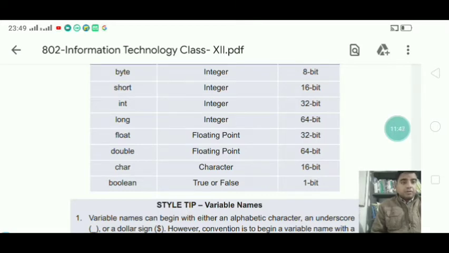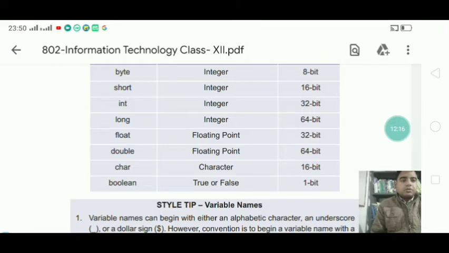The minimum value you can take is -2147483648, and the maximum value for integer data type is 2147483647. So within this range you can take any value.